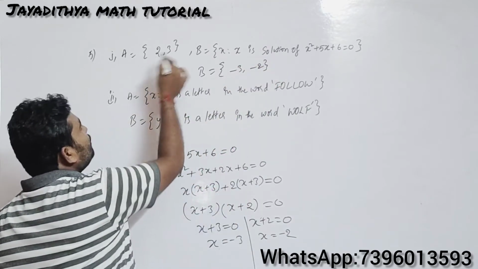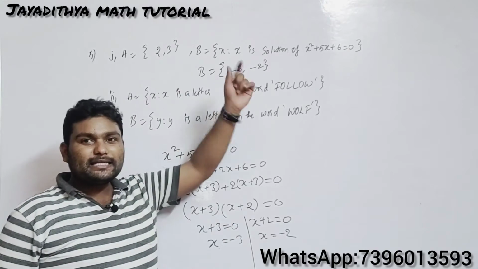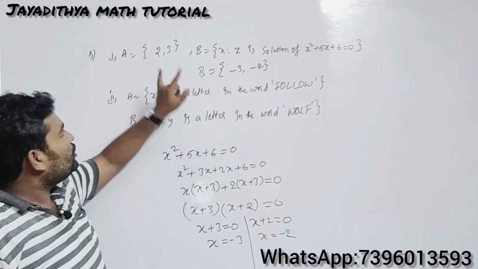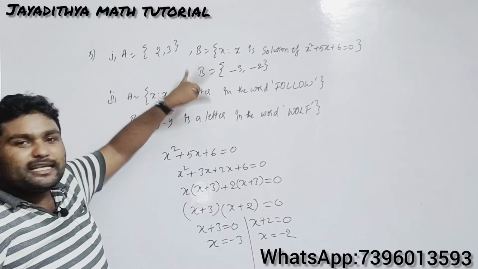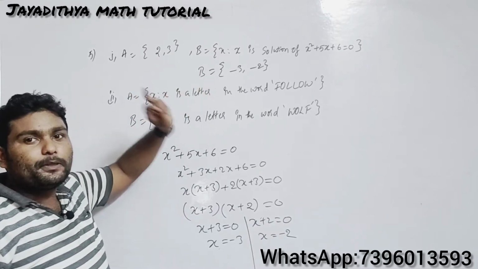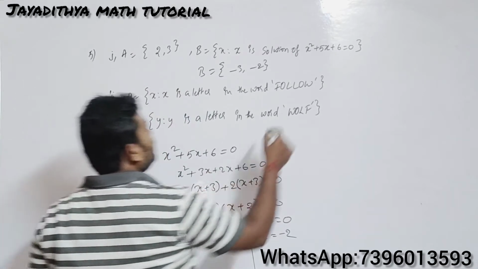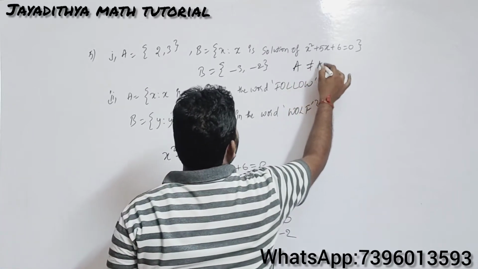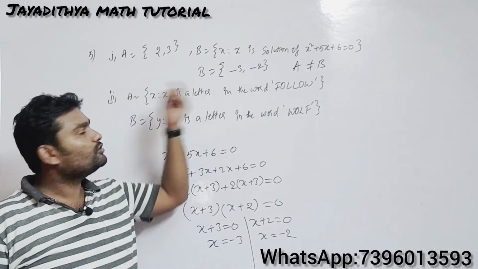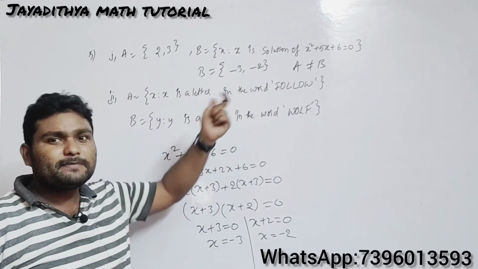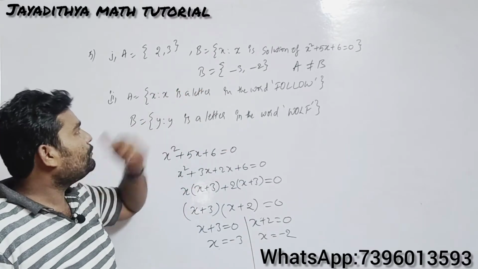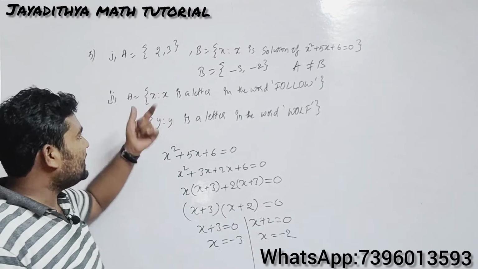In set A you have 2, 3, in set B you have minus 3, minus 2. Though the numbers are the same, the signs are different. So the elements in both the sets are not equal here. Okay, elements in both the sets are not equal. So what can you comment here? That is A is not equal to B. So what you will be writing: though the numbers are the same in both the sets, the signs are different. Therefore the elements are different in both the sets. Therefore both are not equal sets, like that you can write.